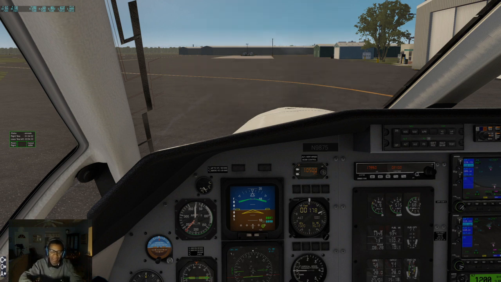And Pilatus 9875, November. It's uncontrolled airport, sir. Be fire departure is at your discretion. If you'd like flight following, you can call me once you're